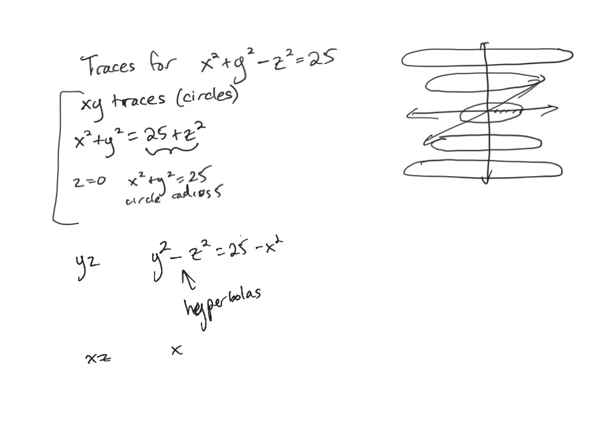We end up with x squared minus z squared is equal to 25 minus y squared. So we basically see that we end up with hyperbolas for these two, and then circles, where the smallest radius for the circle that you get here is going to be my 5. And we call this a hyperboloid